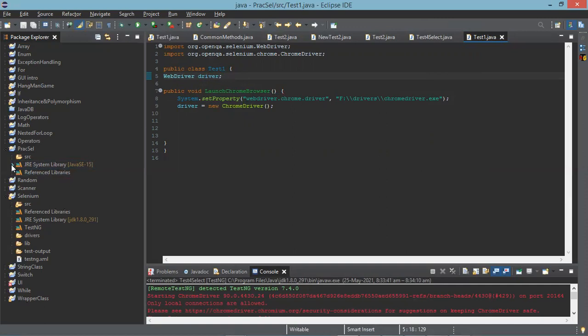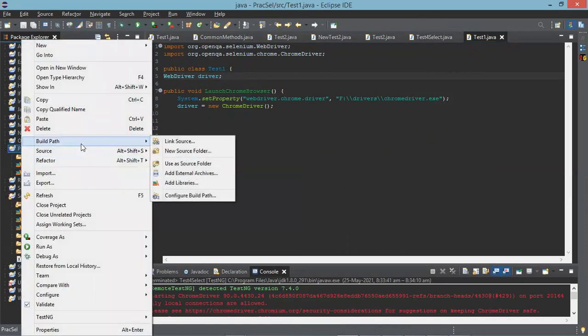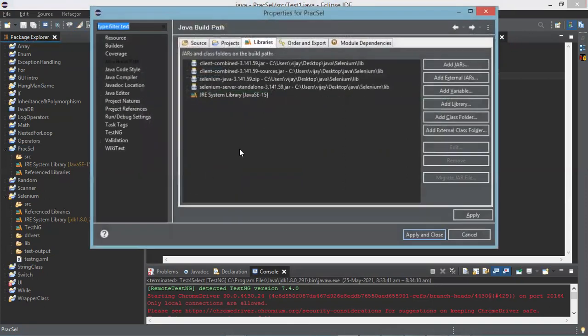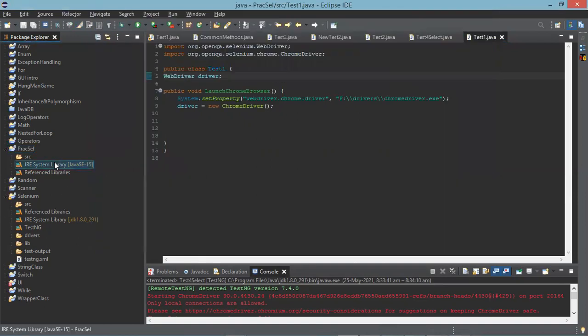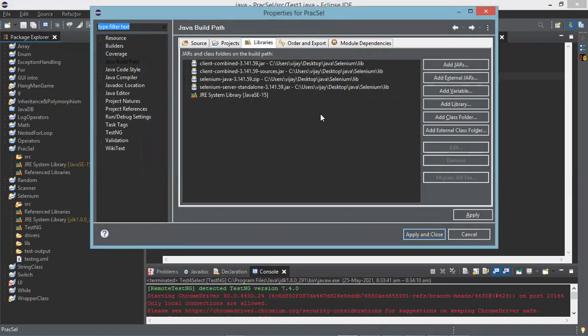Whenever you are creating the project, the first thing that we need to choose is the particular JRE, and then choose the particular reference libraries. Those are the first two steps. For JRE, we use the build path method. This is for reference libraries. For JRE, right click on the project and use properties.